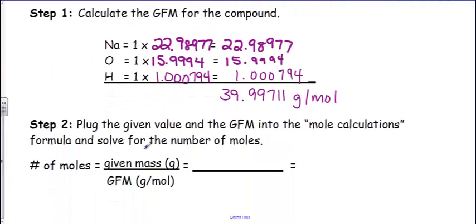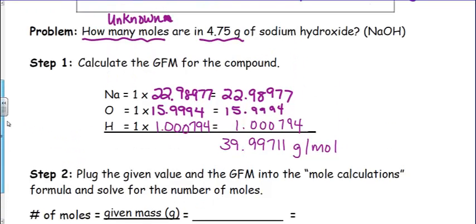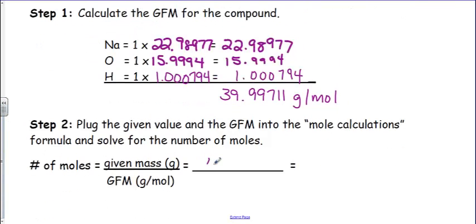Step 2, then we're going to plug in the given value and the GFM into the mole calculations formula to solve for the number of moles. So our given mass, again, 4.75 grams. So we always use what's given to us. We have to read the question. And then the GFM, just 39.99711 grams per mole. Notice when we divide, the grams are going to be canceled out